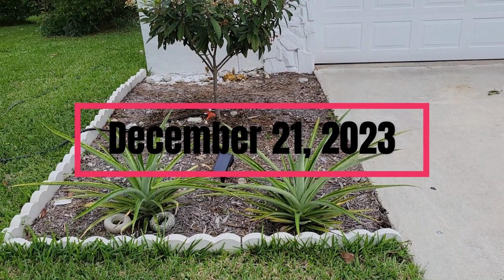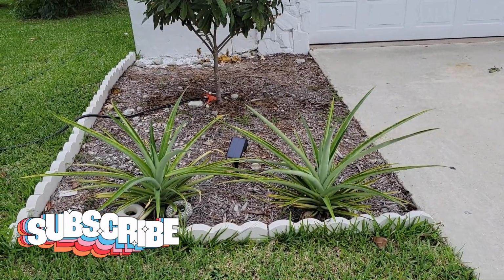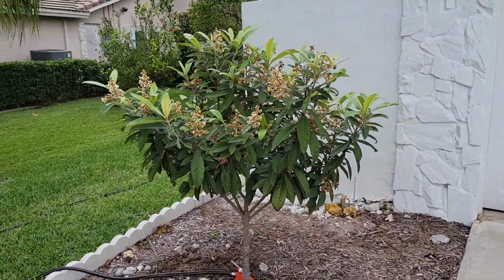So today is the first day of winter, December 21st, 2023, and I want to do a full garden update. I figure I'll do these full garden videos on the first day of each new season to see how things are progressing. Here in front of my house is a little area I planted last spring with 2 pineapple plants